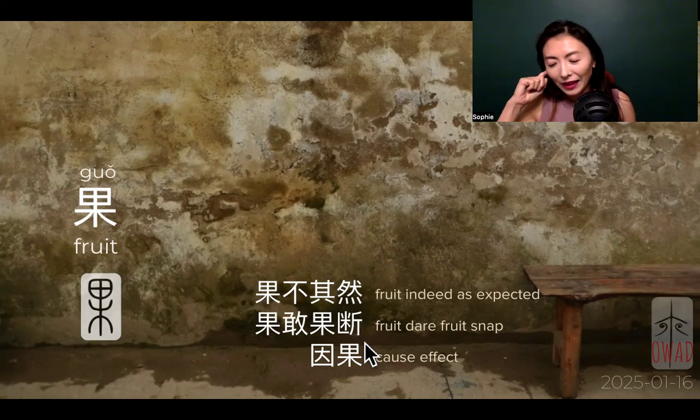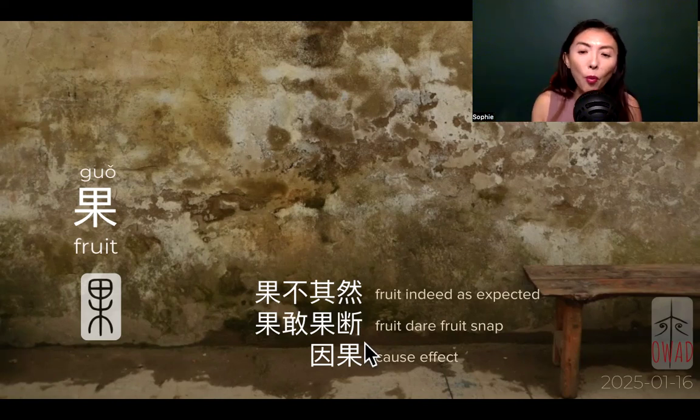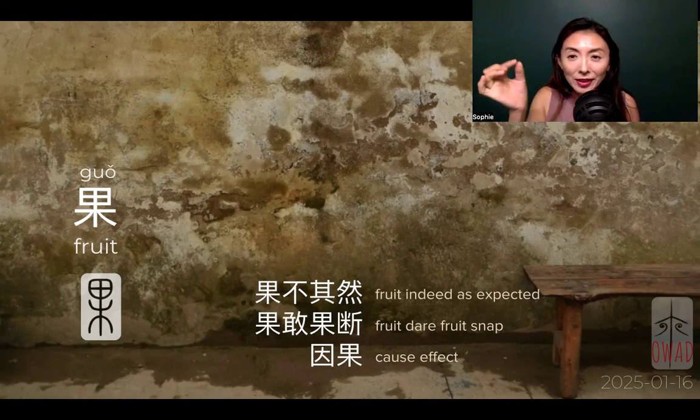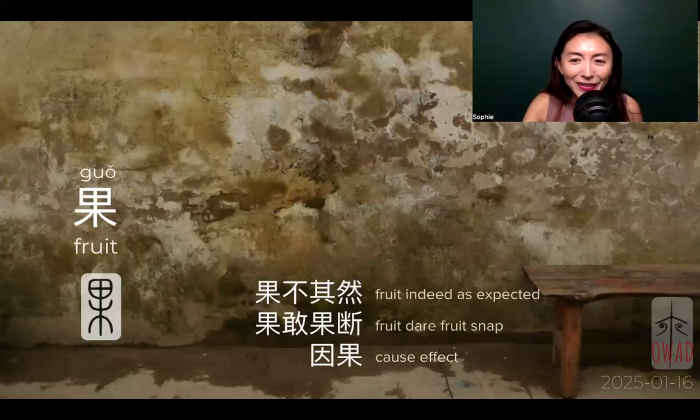And 果断 is another feature of the fruit. Once the fruit is ripe, it has to fall onto soil to grow, to germinate. And this 断 means that once it falls, it doesn't just gradually fall. It's going to fall just like Newton discovered. It's going to fall decisively. It's not going to linger. It's the gravity, once it's done its work to that breaking point, it is going to fall straight down. So this fruit snap is that natural phenomenon of how fruit detaches from the tree and falls down decisively, irreversibly,